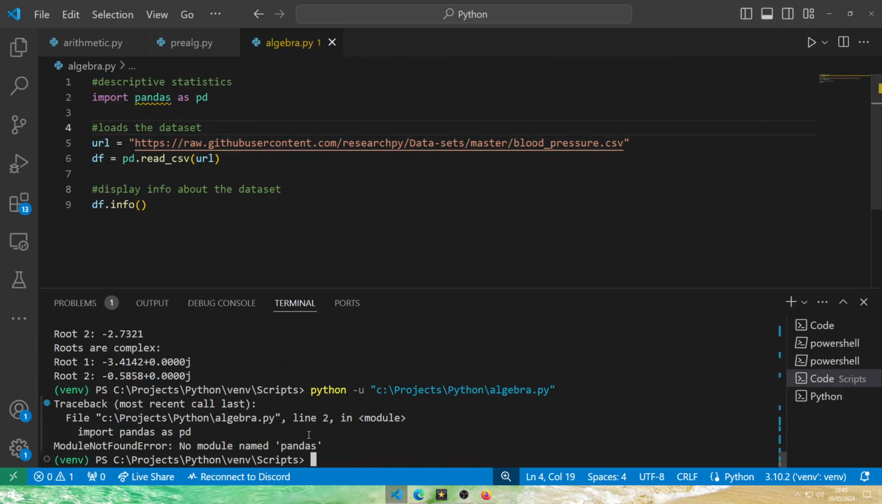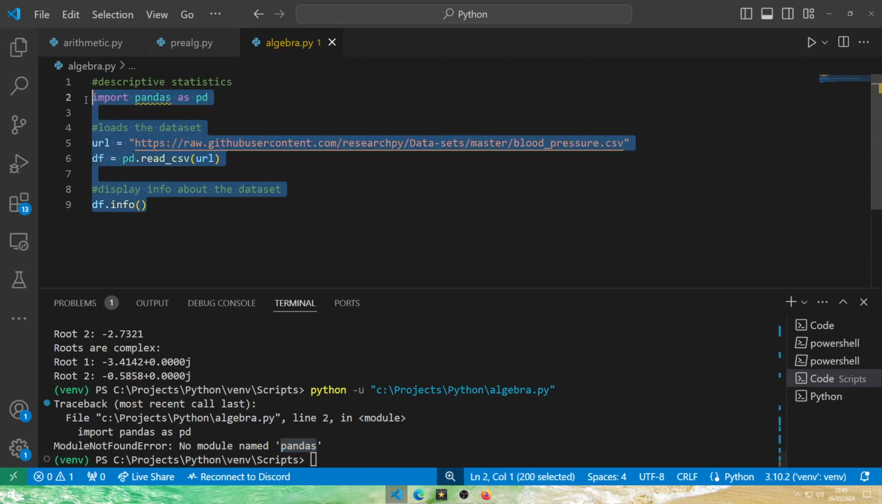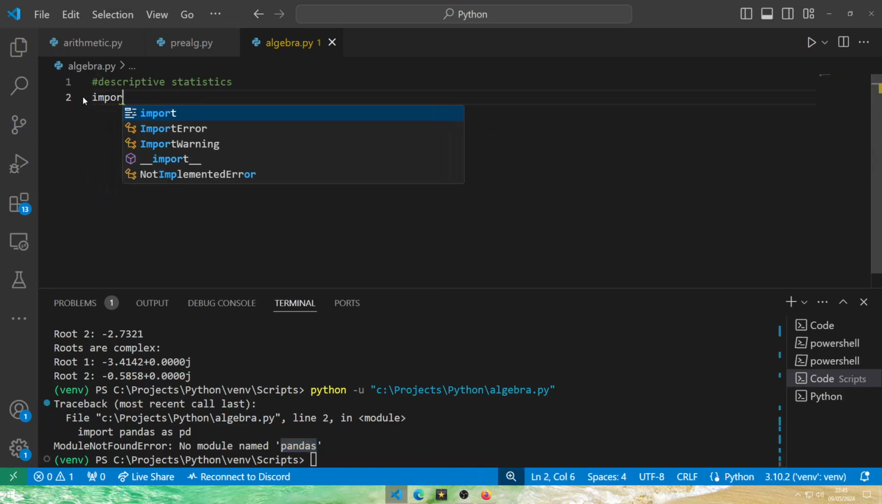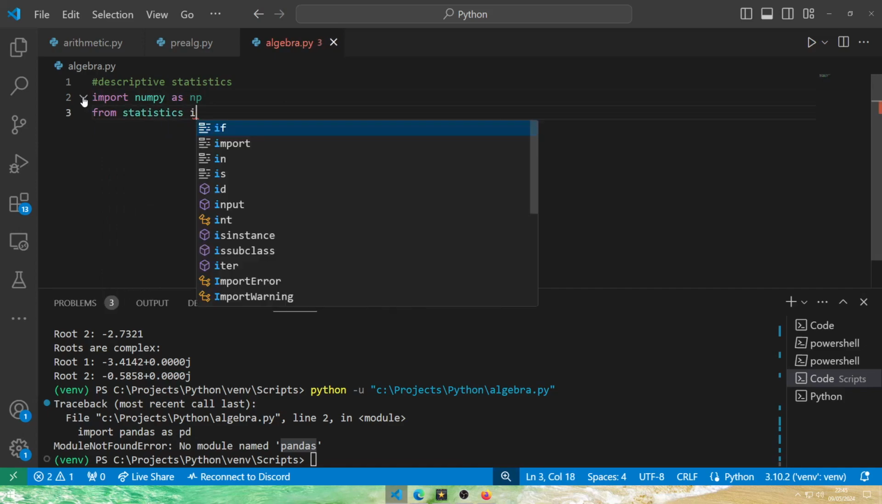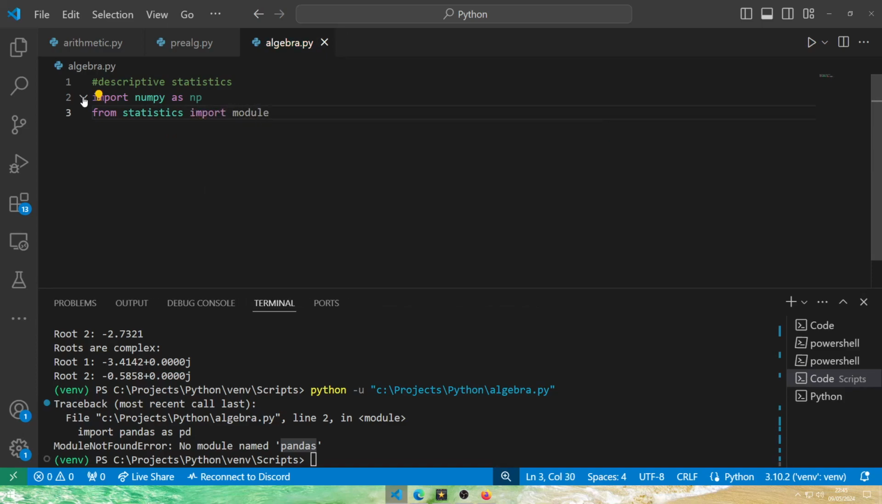alright, so we just don't have the module pandas. And that's fine, we can get into that later, but the main thing I'm trying to get into is we have another way where we can just create our own data set. So I'm going to import numpy again as np, and from statistics I will import mode, and I'm going to create a data set here,